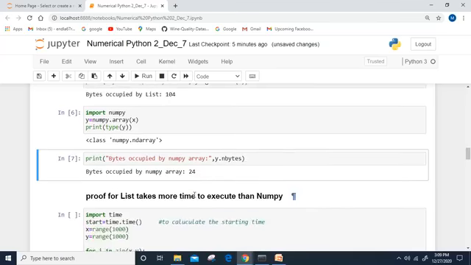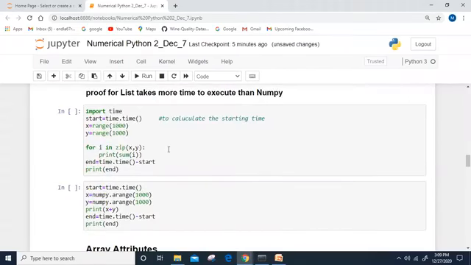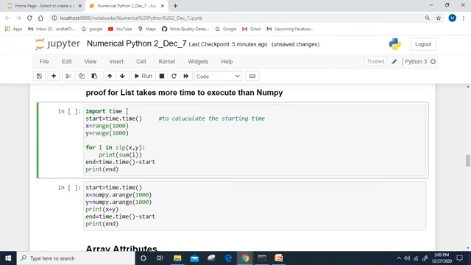And let me show you one more proof that list takes more time to execute than NumPy. Here to calculate the time, we need to import the time module. From the time module, take the time function and store that into a separate variable name, that is start.